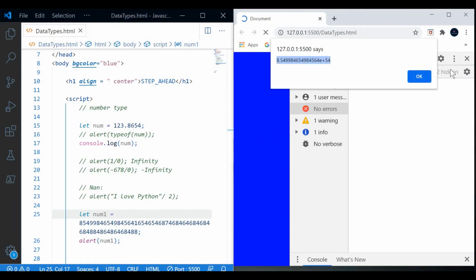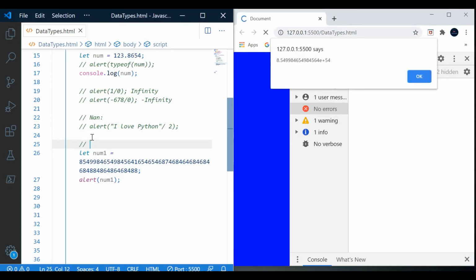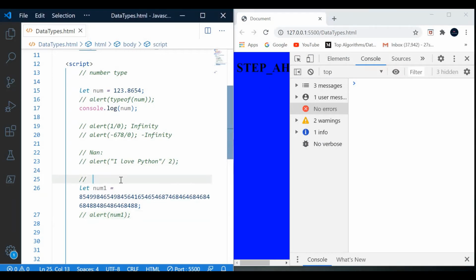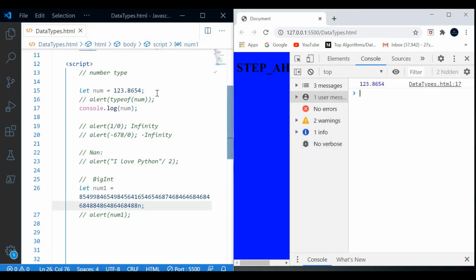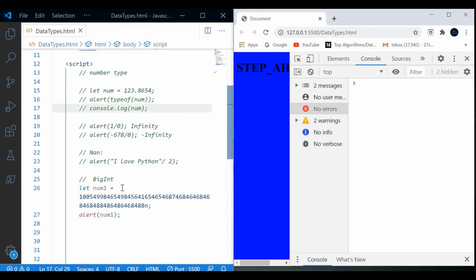So we will see that it is showing some exponential value. If we represent it as a BigInt, how will we represent it? We will just put n at the end.